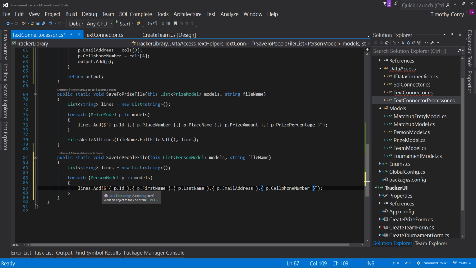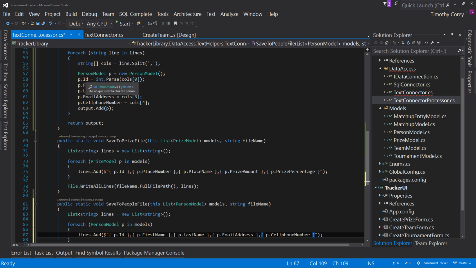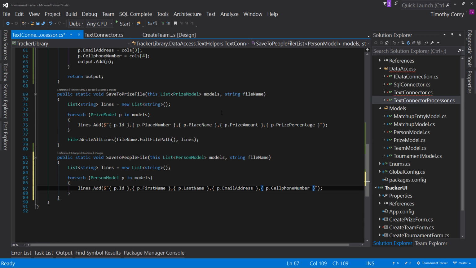And what's that doing? It's creating one string that is the ID, comma the first name, comma the last name, comma the email address, comma the cell phone number. And that's the same order as ID, first name, last name, email address, and cell phone number. There's our columns. So that's going to loop through our list of person model, our models. For each one, it's going to add that entry to our lines string. And then finally, we have the